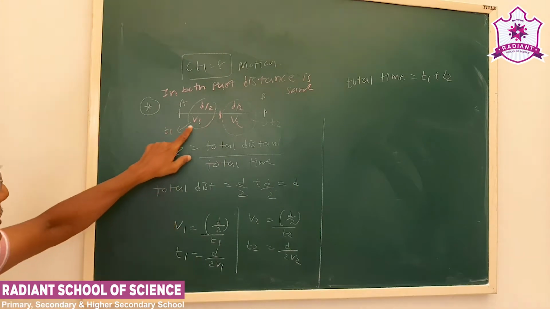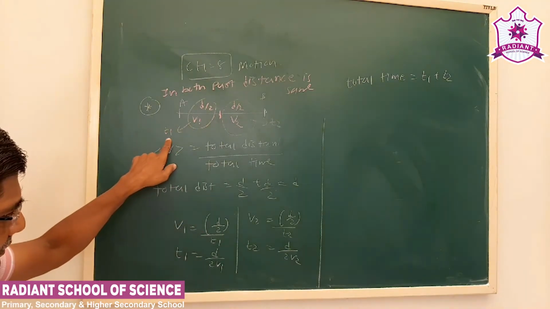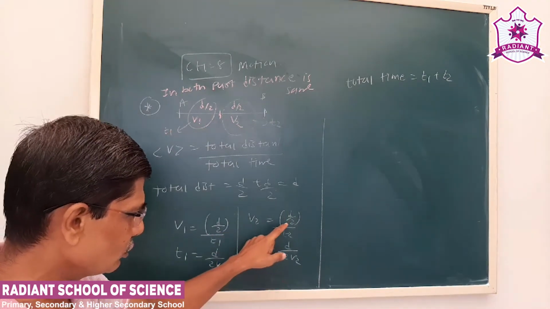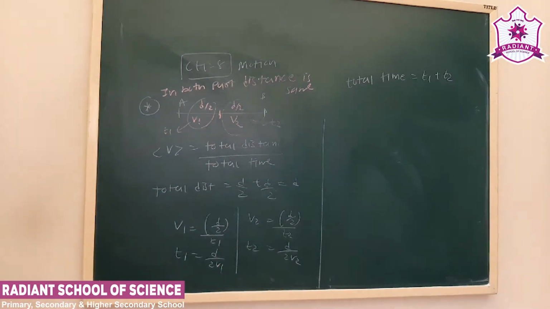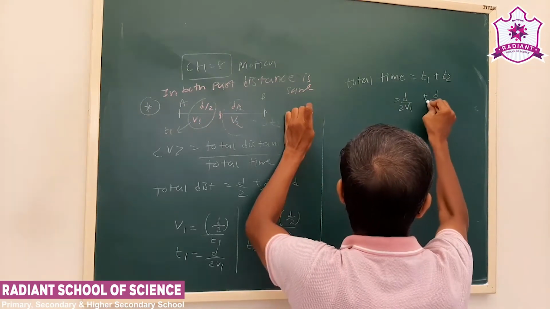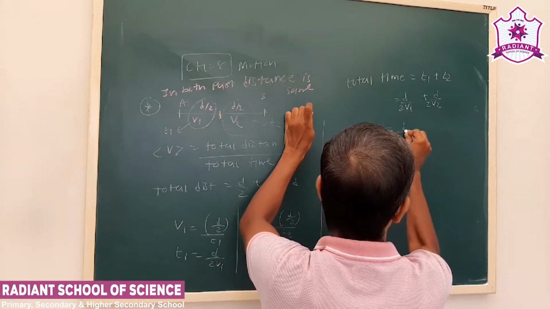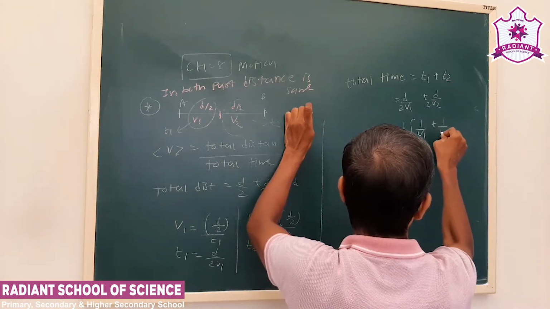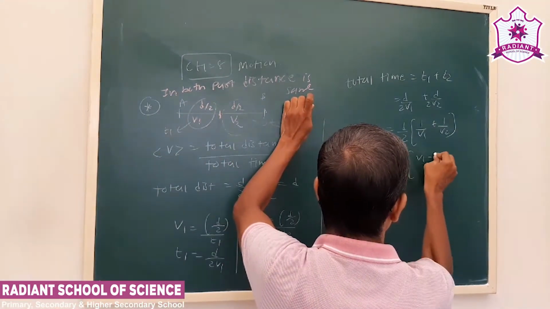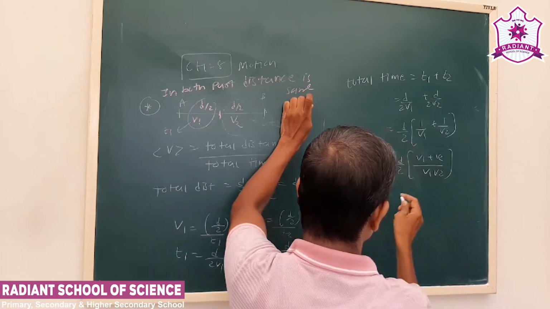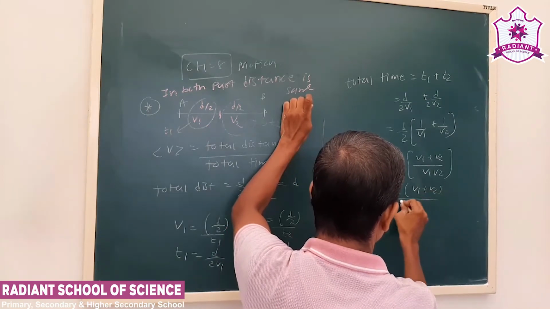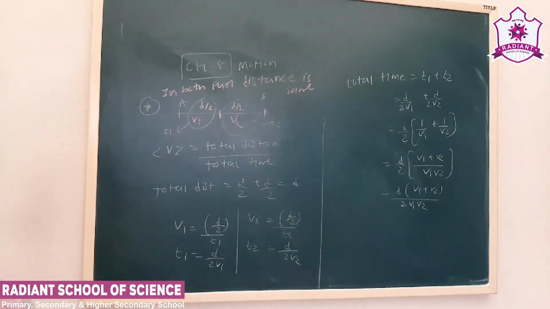See how we have obtained this? Speed is distance upon time, that is v1 is d by 2 upon, let us say, time t1. So t1 will be d upon 2 v1. v2 will be d by 2 upon t2. This 2 will move to the denominator and we interchange the position. So the total time is d upon 2 v1 plus d upon 2 v2. What can we take common? d by 2 common: 1 upon v1 plus 1 upon v2. Now we try to simplify: v1 plus v2 upon v1 v2. Now this is the total time.